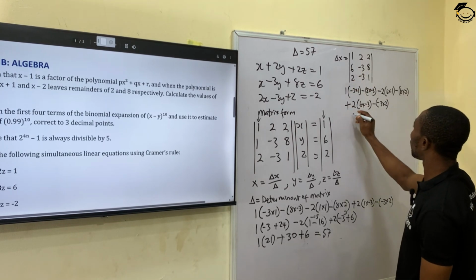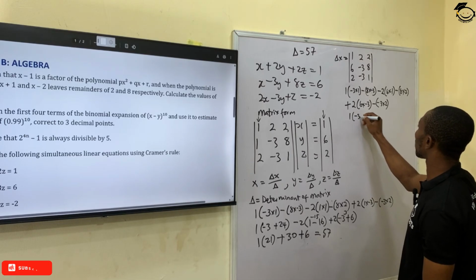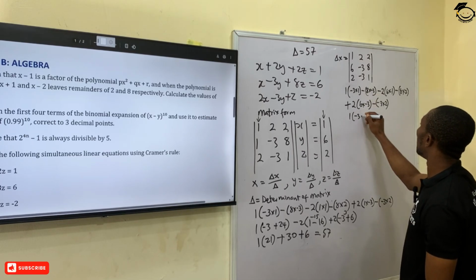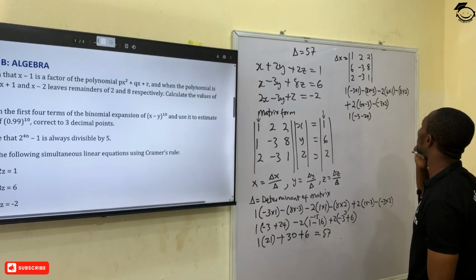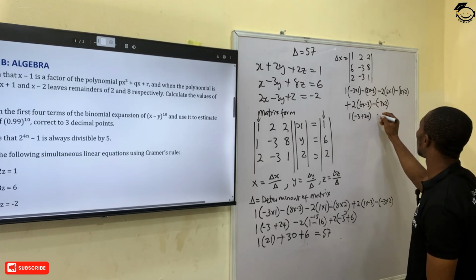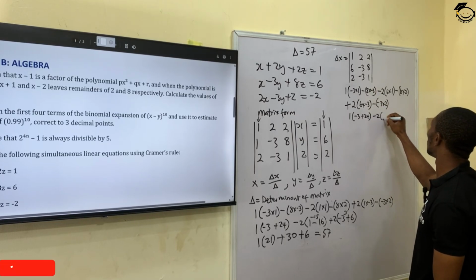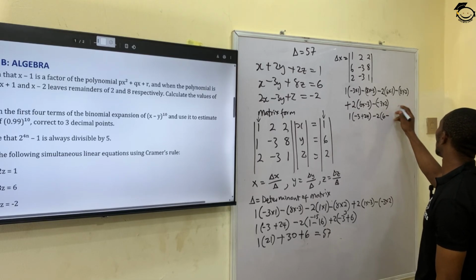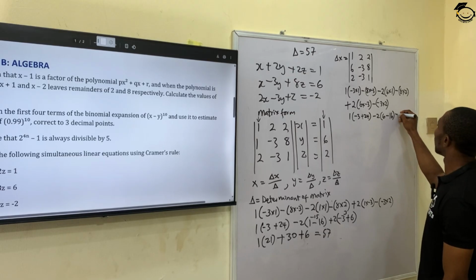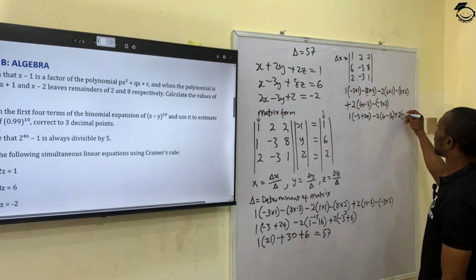Okay, opening up, we have 1 bracket minus 3 minus 24. Minus times minus plus 24, minus 2 bracket 6 minus 8 times 2, 16, plus 2 bracket minus 18